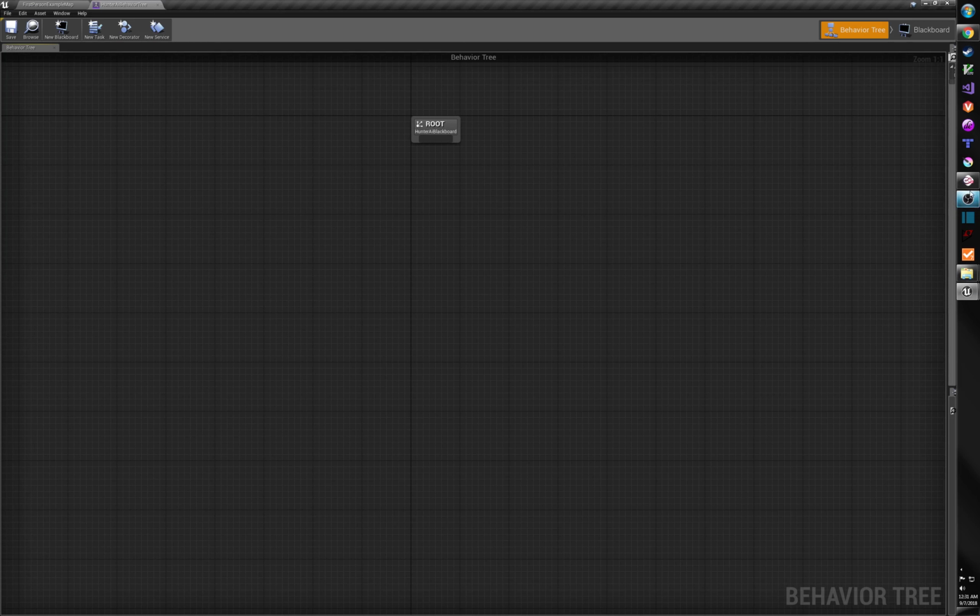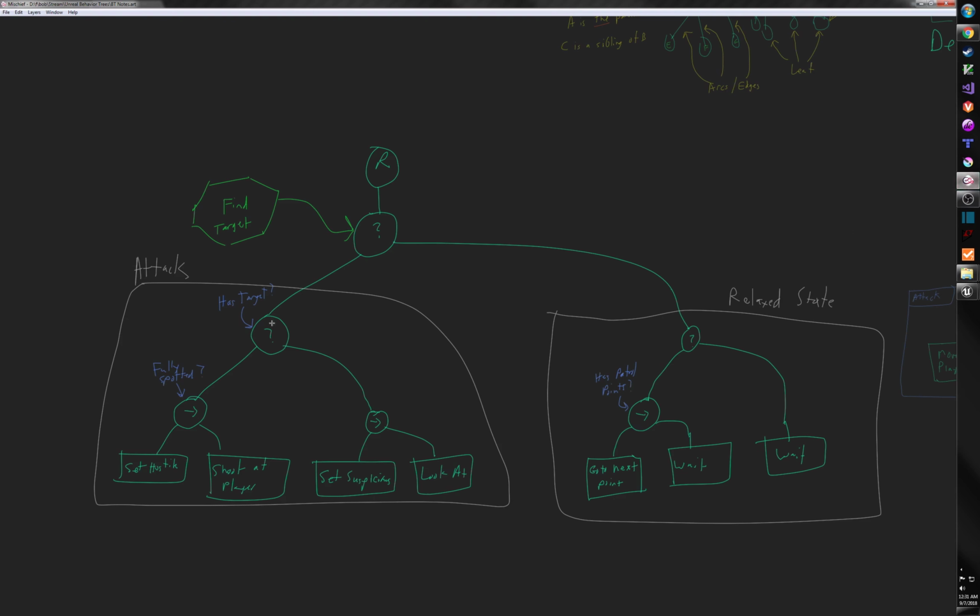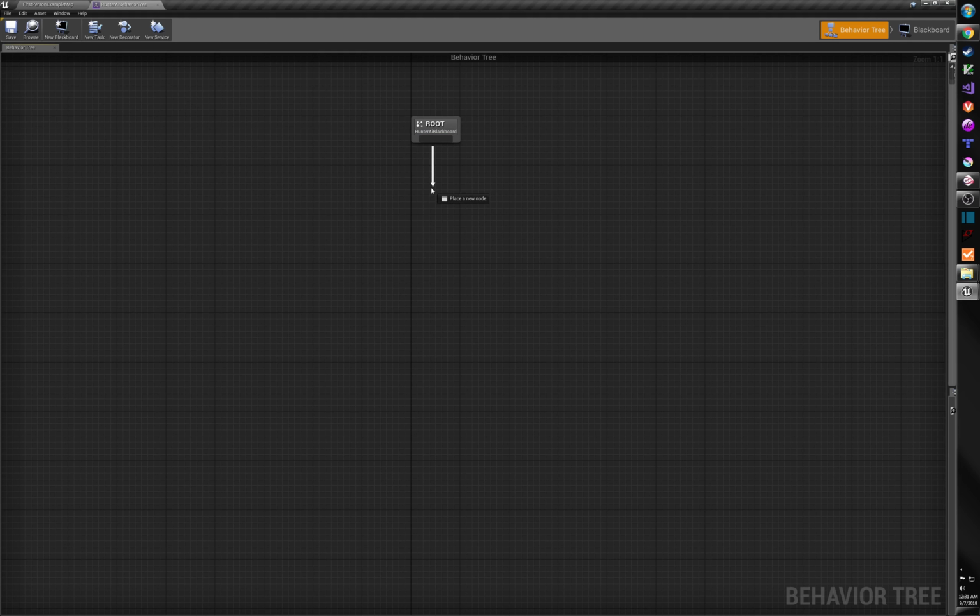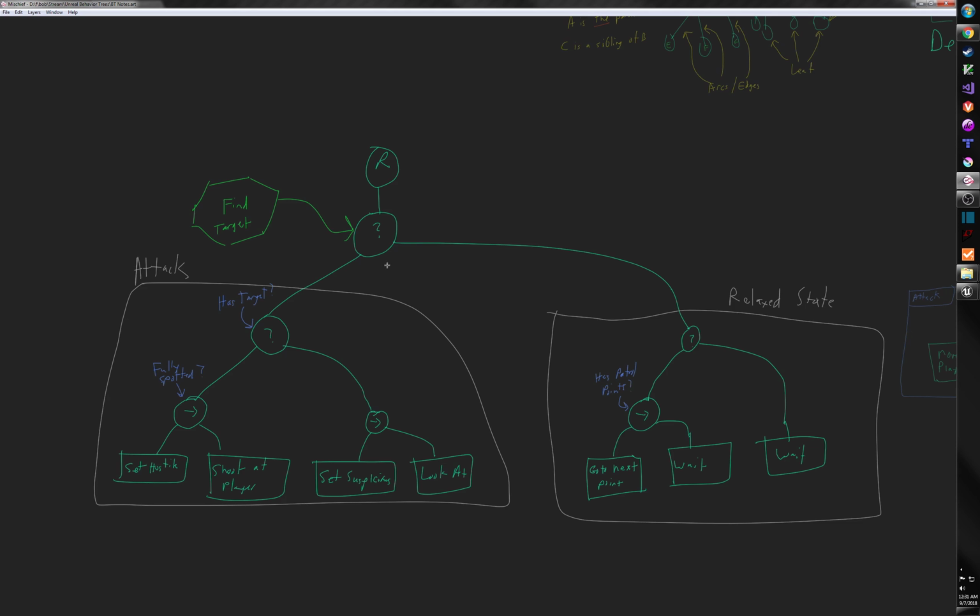The first thing that we want to do, if we go back to our little image here, is we want some kind of selector. And this selector is going to have a service on it. So that's simple enough, selector. And then this selector will put our own service on it. We're going to kind of ignore that for now and look down here and see, well, what else do we